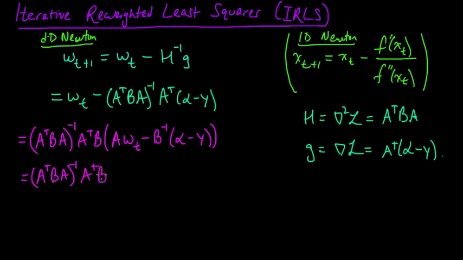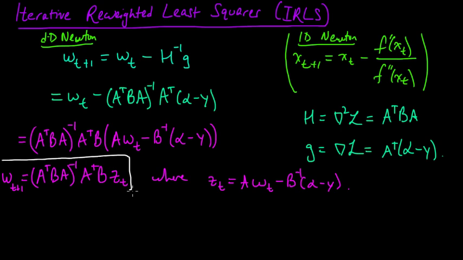A transpose B z, maybe z_t, where z_t is just this thing. I'm just rewriting things here in a different way. So this is a nice expression here, because this is w_{t+1}. This is a very nice linear algebra expression because it has an interpretation as the solution to a weighted least